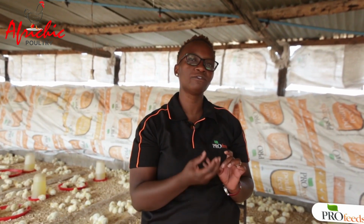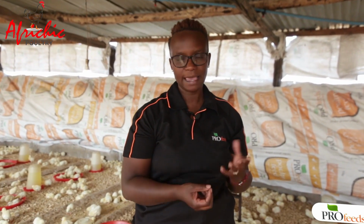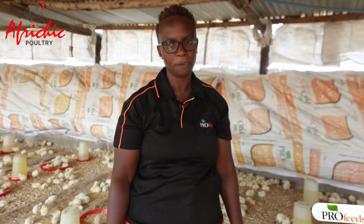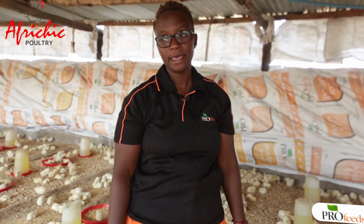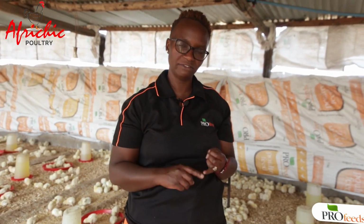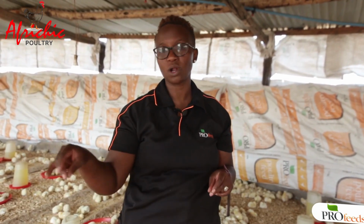And this is where we've got feed and water both available in the crop. And the crop test, you can do it during the first 3 days or so, and you can actually tell. And if you find empty crops, you need to either increase the feeding space and make sure that the feeders are available, as well as that the